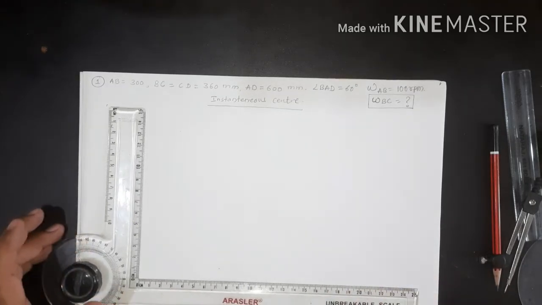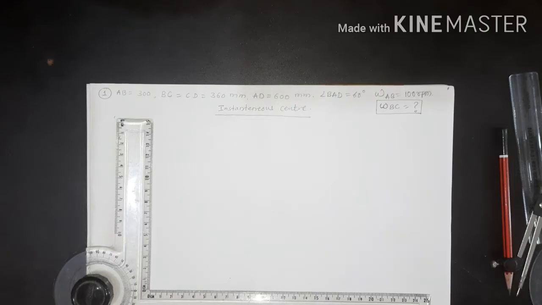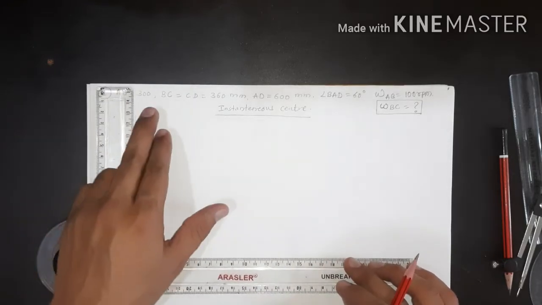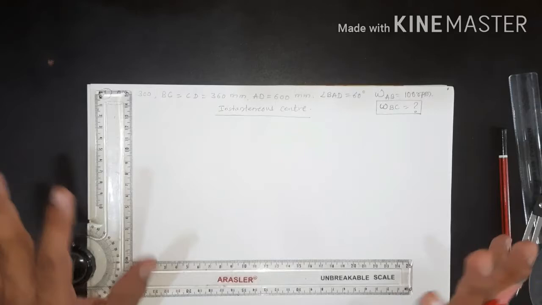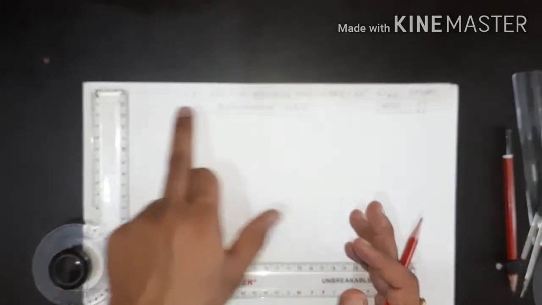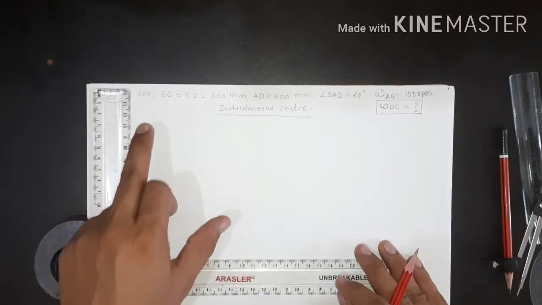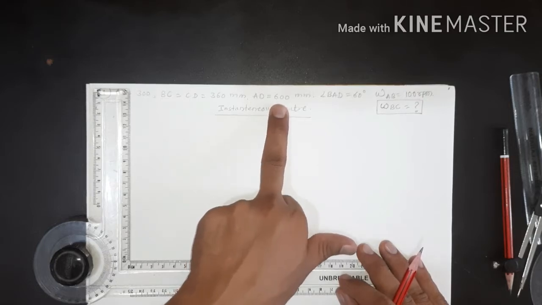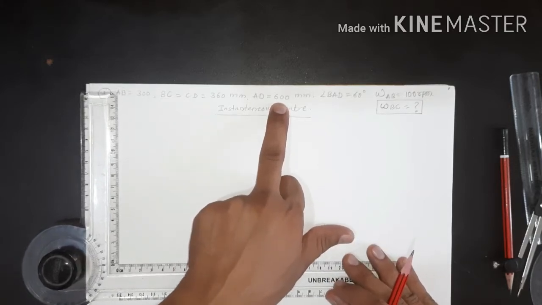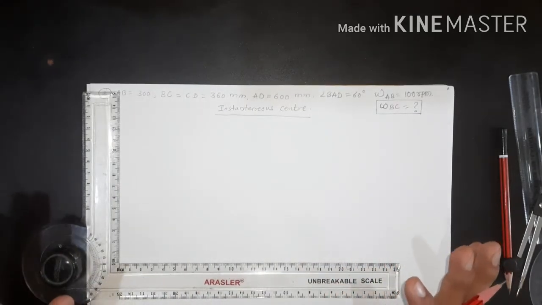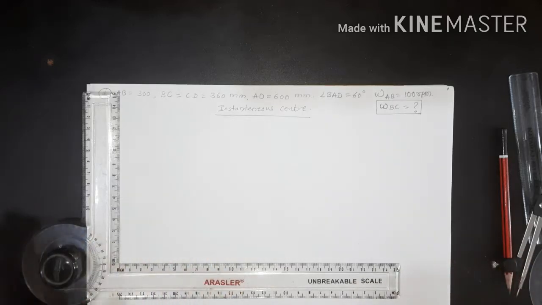So at the first, what we will be doing, we will draw a space diagram first. So let me just draw the space diagram. For the same, we need to draw it with the dimensions. Now if the dimensions are larger, then you can fix up some scale. You can take either 2:1, 1:2. Now in that case, what you should do is you should just check which is the largest link. So here in this dimensions, the 600 mm is the largest link.